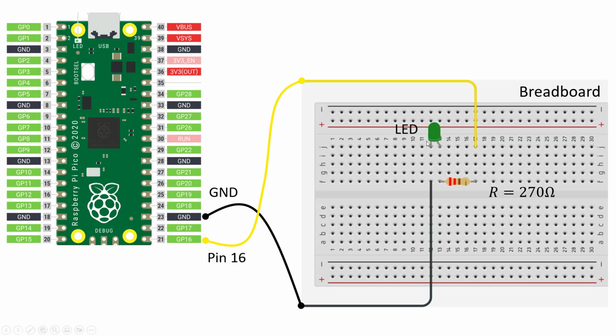I'm connecting a LED, and then I'm using one of the pins on the Raspberry Pi Pico. You can use any of those green pins. I have just chosen to use pin number 16, which is this one. Then I connected this one to the LED,